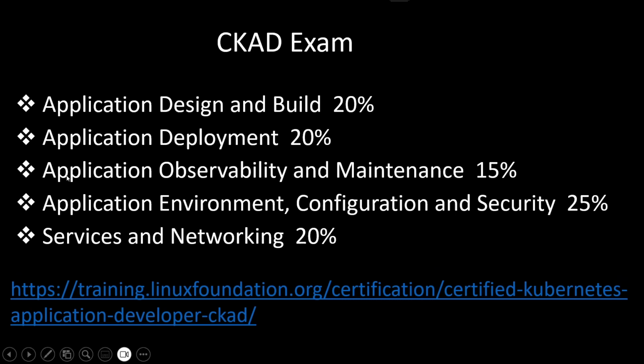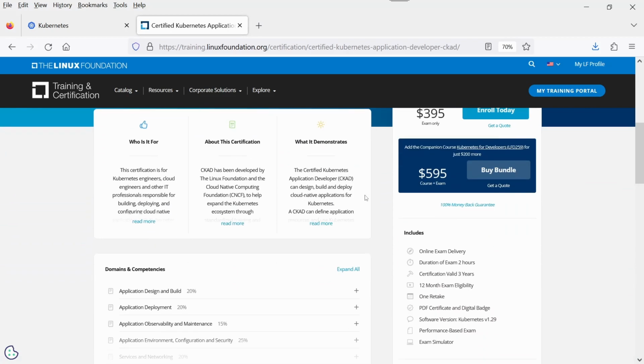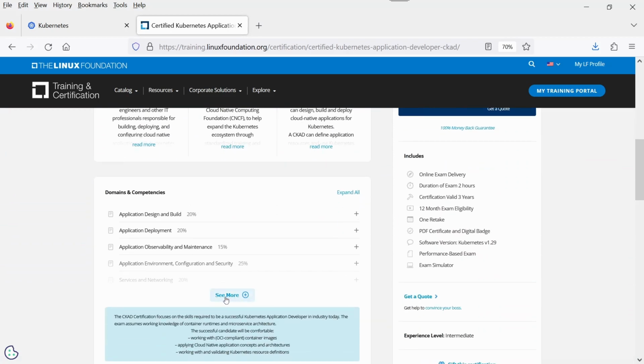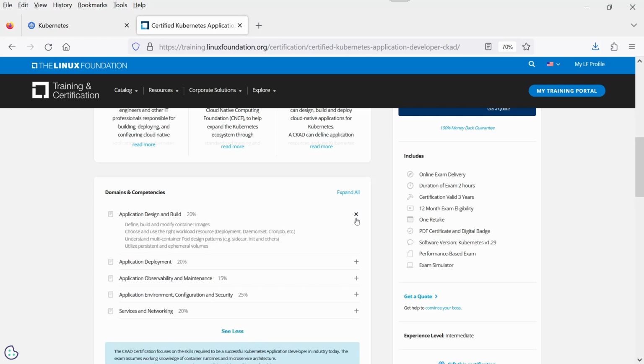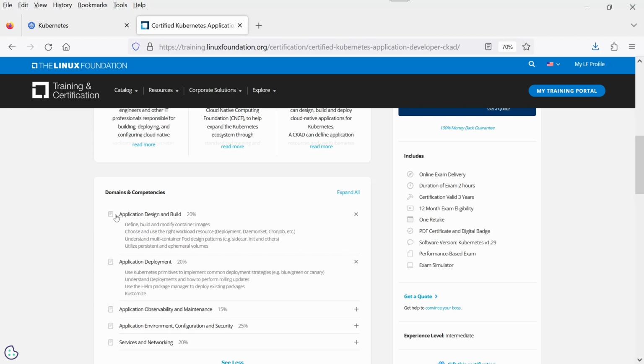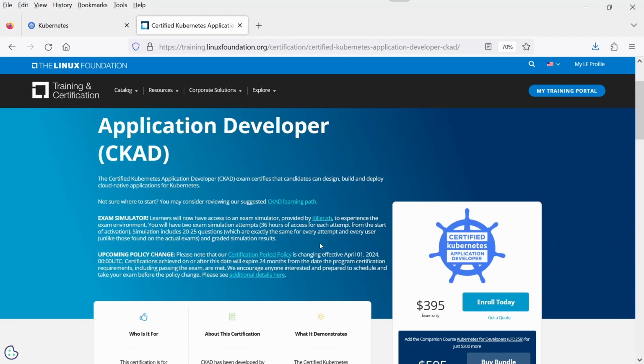You may get all this information directly from the linuxfoundation.org webpage. Let me show you. This is the link that I have pasted. If you click on see more, you see all these values. Again, if you click on plus, all these topics are divided into several subtopics. And also, if you want to do practice, then you can click on killer.sh